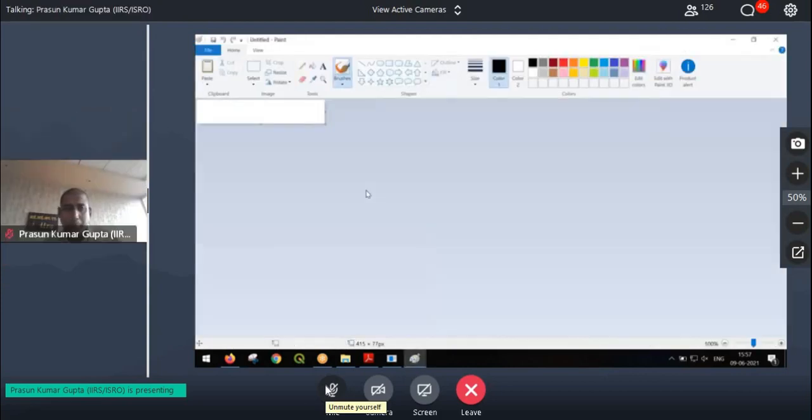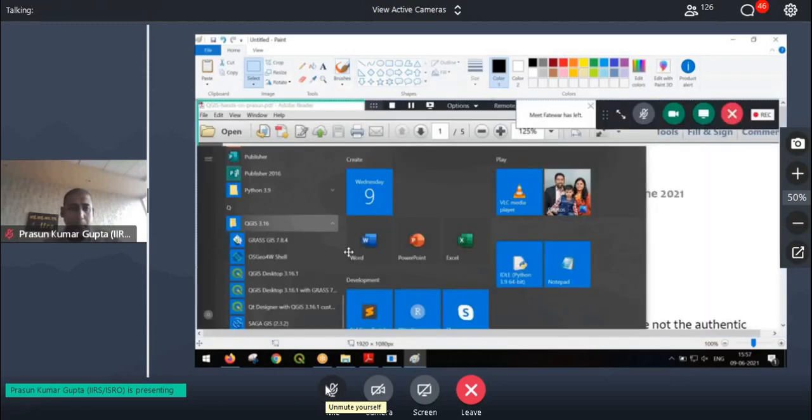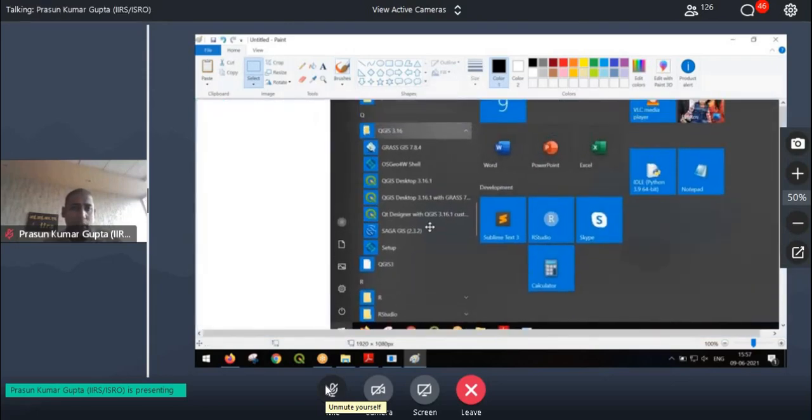One second. So once you install it, you will see in your Start menu a QGIS 3.18 folder. Inside that, there are many softwares: GRASS, GeoShell, Desktop, QGIS Desktop, QGIS Desktop with GRASS, Saga GIS, many other things.